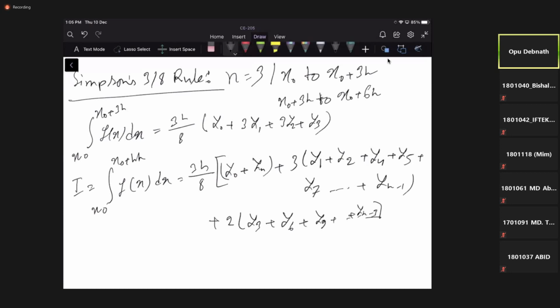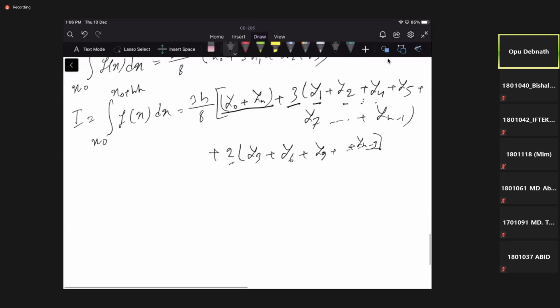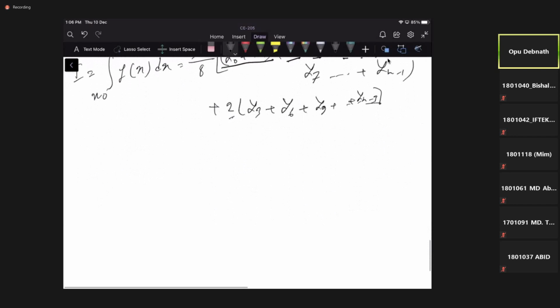So look at this again. The first terms are y0 plus yn, then y1, y2. Only the missing terms are y3, that means the multiples of 3: y3, y6, y9, and so on. These will be multiplied by 2, and the remaining ones will be multiplied by 3. So this is the Simpson 3/8 rule. And the last rule, that's the